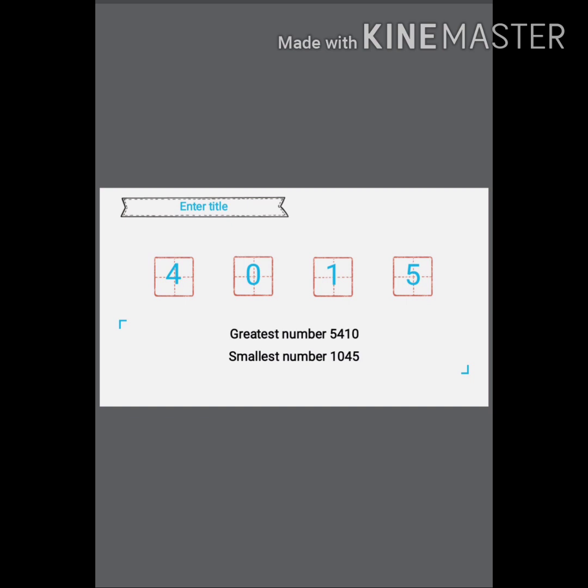write it as 0145, because if a number starts with 0, it has no value, then it becomes a 3-digit number. So what you need to do is, the next smallest number to 0 is 1. So after 1 you will write 0, then 4, 5. So if 0 is given, you will not write 0 in the first place when you write the smallest number. Instead, you will write 0 in the second place after the smallest non-zero digit. So 1045 is the smallest 4-digit number. I think this will be clear.